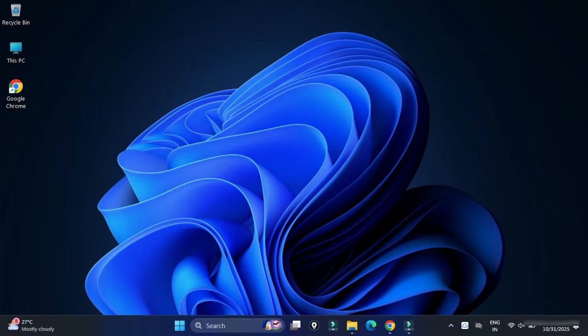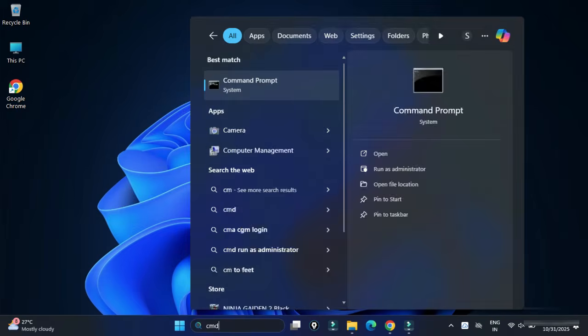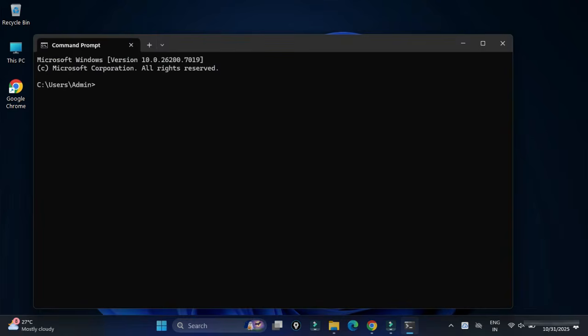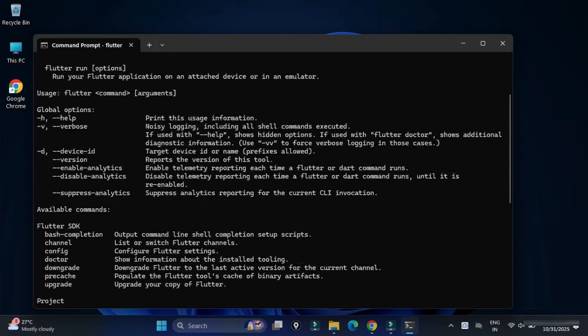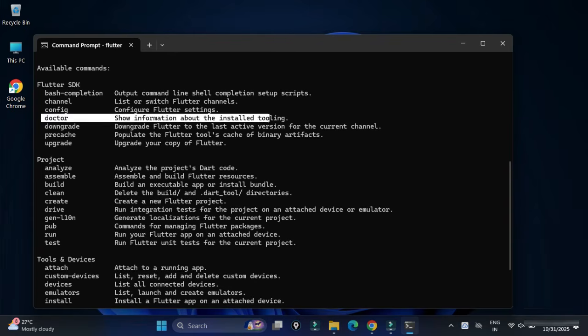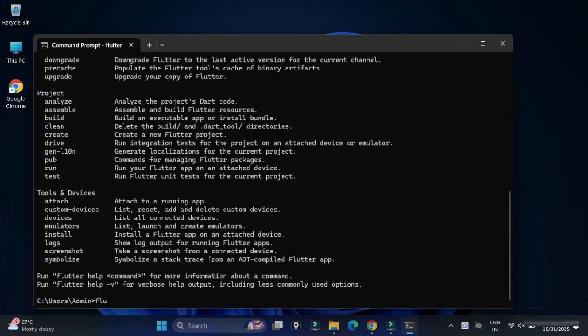So in this, there is one very helpful menu known as Flutter Doctor. This Flutter Doctor is going to show you what different options or requirements your system is satisfying, or what requirements are not available on your system. Now see, I'm just typing flutter doctor, and here you can see it's showing me the things which are there on my PC and which are not there on my PC, right?